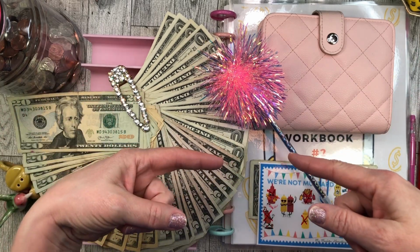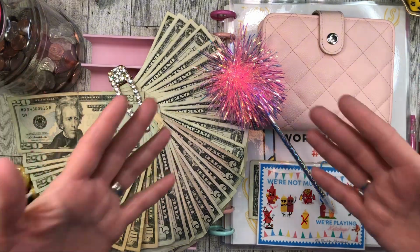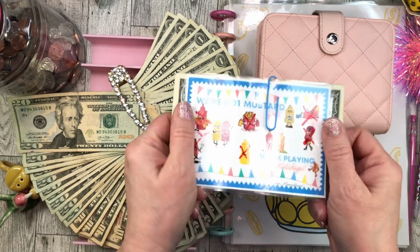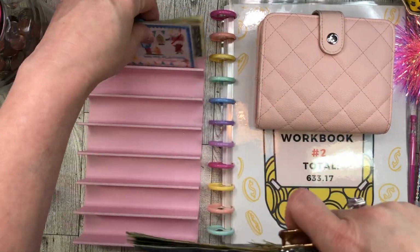Let's get right into it. As usual, I need to go out shopping, so I need to get this done. So here's my new super cute pin. I love that pin so much. I know that I will be needing this, so I'm going to set this in the back of my cash